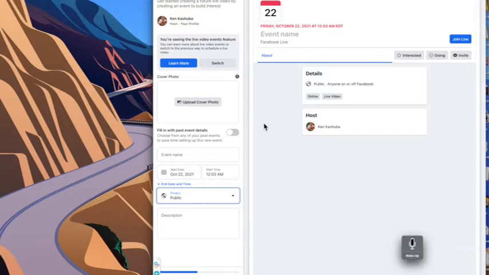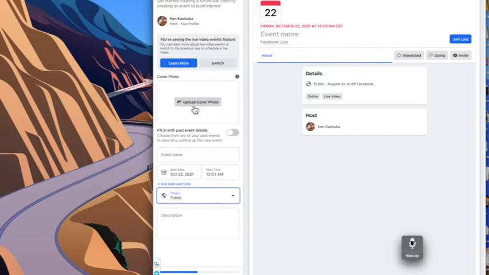By doing this particular creating event avenue, you are going to broaden the possible viewing of your live event, because people will receive notifications in advance that you're going to be doing a live event. So you can even have people reply and let you know that they're going to be attending. So you can invite here, as you see. People can reply by saying they're interested or going,